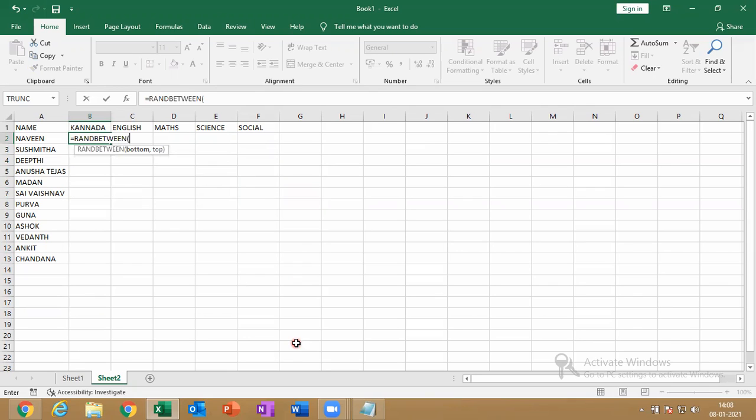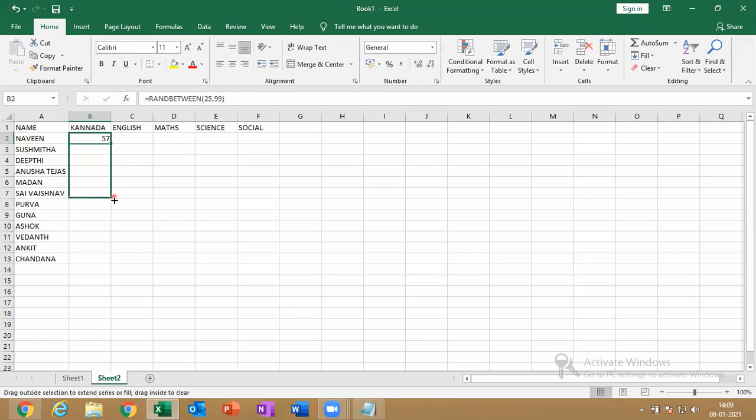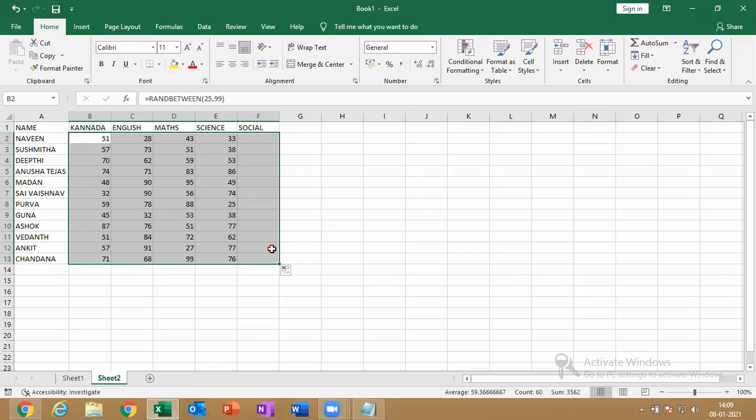Press tab, and the open bracket comes automatically. Bottom is highlighted, so I type the bottom value 25, comma, and the top value is now highlighted, which I'm giving as 99. Close the bracket and press enter. Select the 57, bring the cursor to the corner, and drag down to the bottom and towards the right.